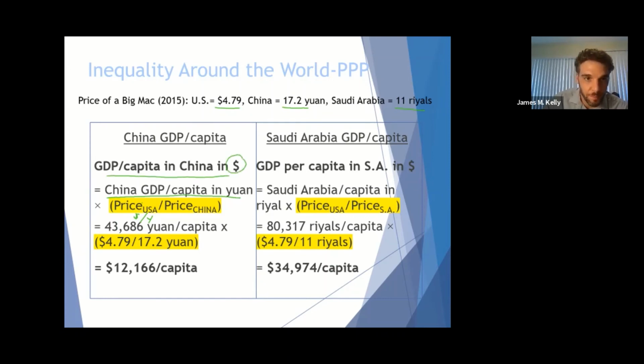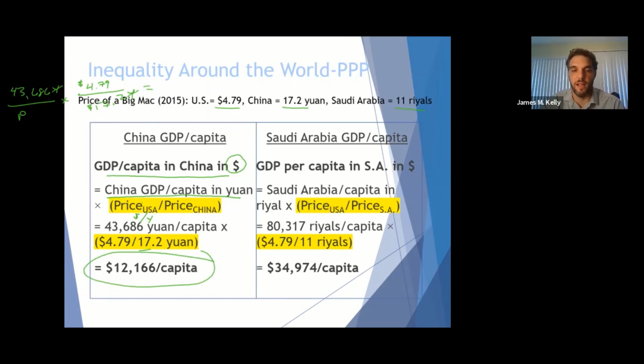Okay, so from before, GDP per capita was 43,686, again, yen per person. Now we're going to take the price of the Big Mac in dollars, which is $4.79, over the price of the Big Mac in China, 17.2 yen. Found here. You can't see it. Yen cancel out, and we are left with about $12,000 for the average